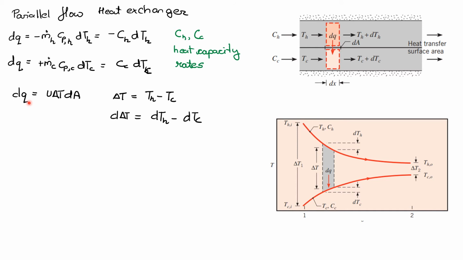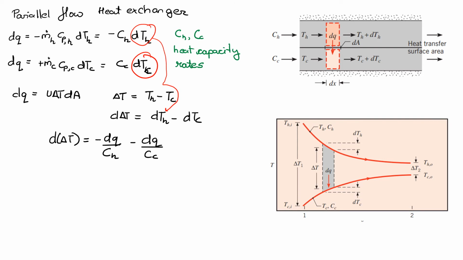So we know that the heat exchanged is the overall heat transfer coefficient U times the area, which in this case is dA, times the temperature difference delta T. That's the temperature difference between the hot and the cold fluid, so delta T is Th minus Tc. And if I differentiate this equation, I get d of delta T as dTh minus dTc. Now we've already calculated dTh and dTc, so I'll replace these values in this equation, and I will get d of delta T as